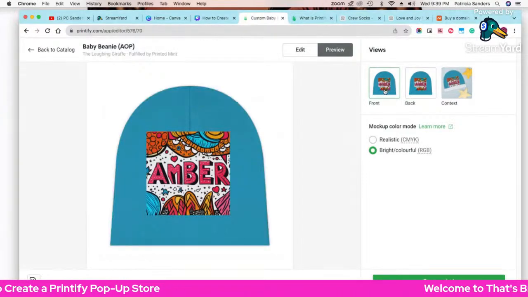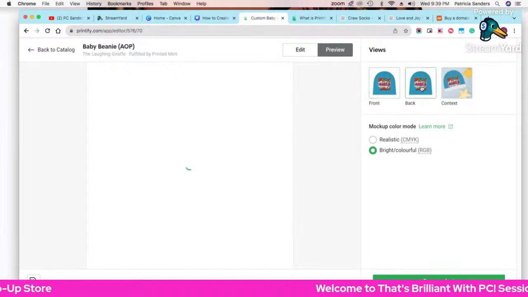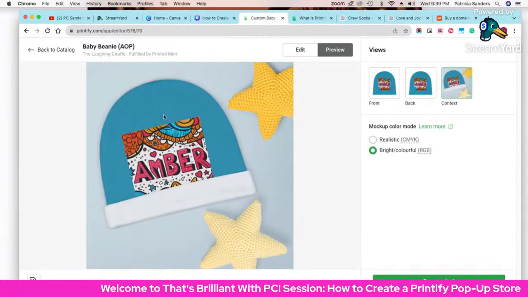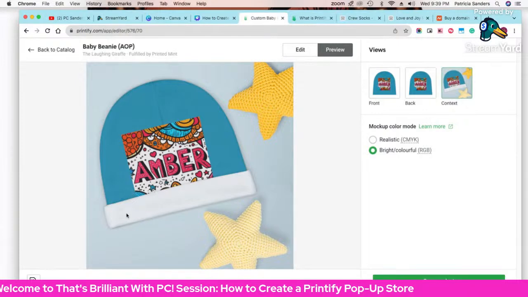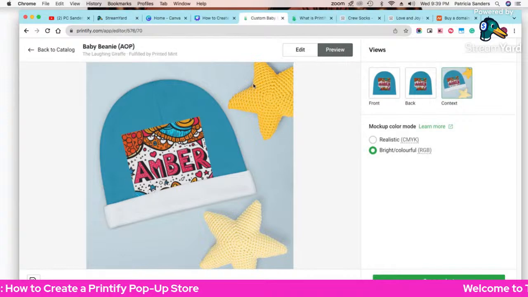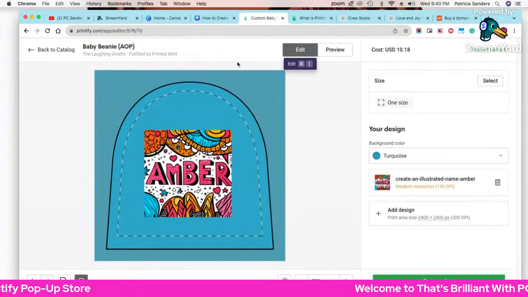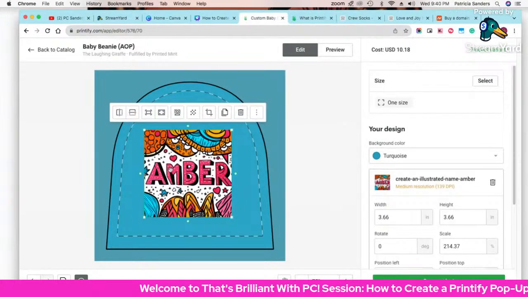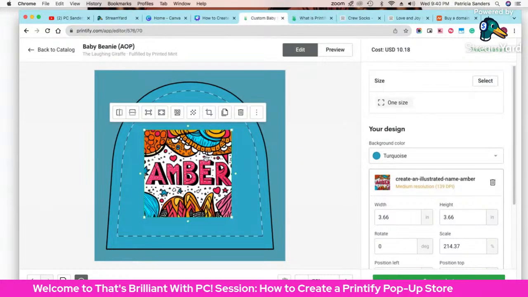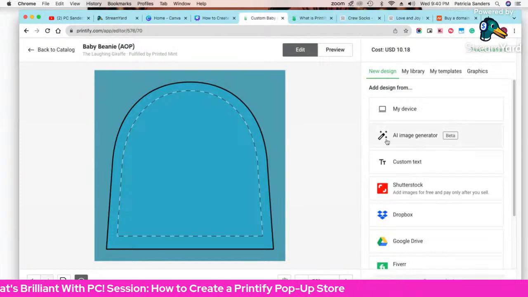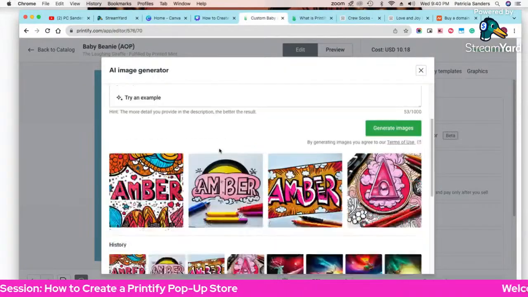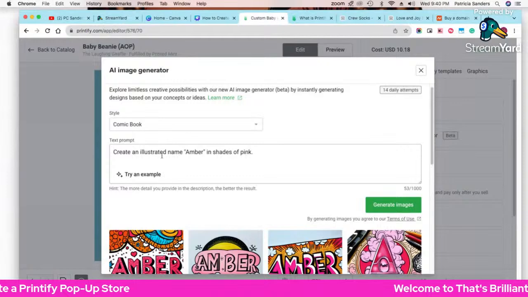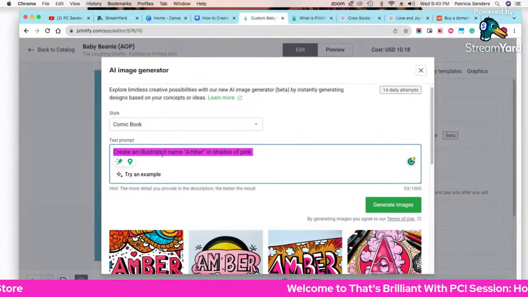I don't necessarily like that design, but you see, that's the front. So you see how it changes the color. Yeah. So you could do some, not necessarily this black look, but let me see if I can do something else. So I just use the word illustrate. Let me get this out. Let's try it again. So I'll delete that and go back to image and just say, let's see, how about